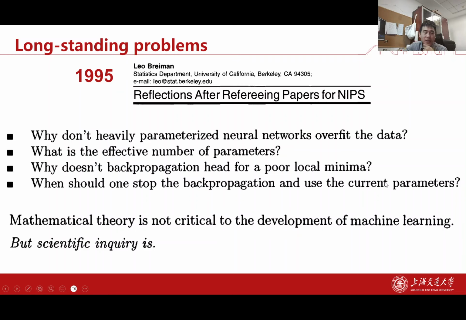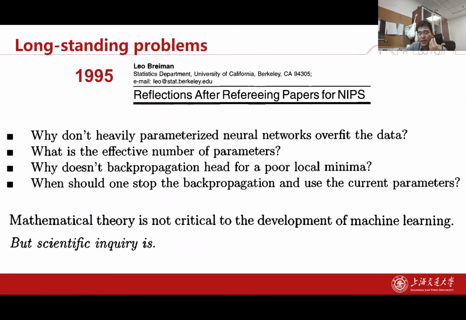Very interestingly, there was also a remark in his paper. It says mathematical theory is not critical to the development of machine learning, but scientific inquiry is. To my understanding, I quite agree with this, because as the neural network is so complex, it's almost impossible to use a very simple formula to explain everything. One way to study this